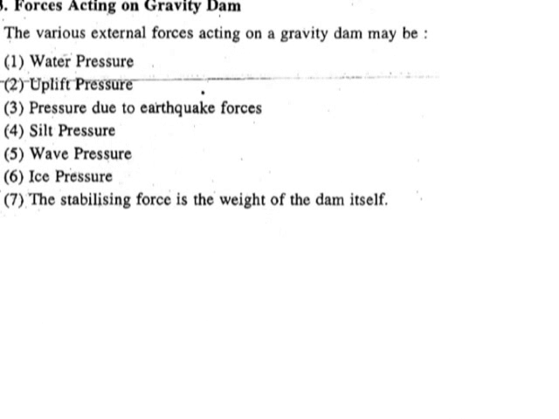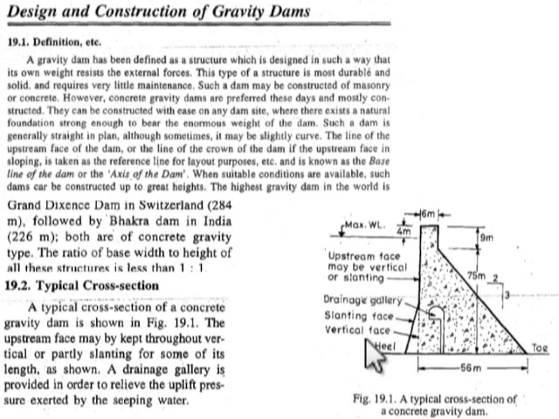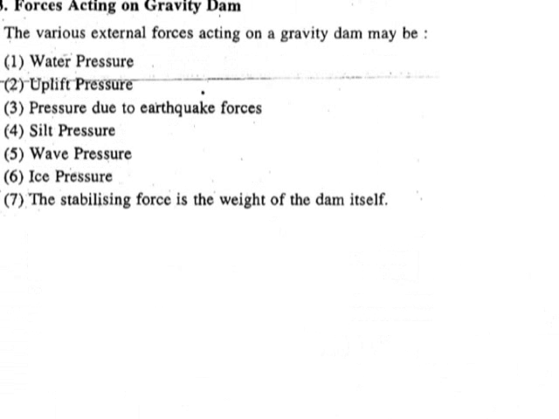Silt pressure. The silt deposited at the bed on the upstream side of the dam also causes pressure, that is silt pressure. Wave pressure, naturally due to the waves of the water. Ice pressure. This happens only in cold areas where the ice forms. Ice creates some pressure. We will also talk about this.